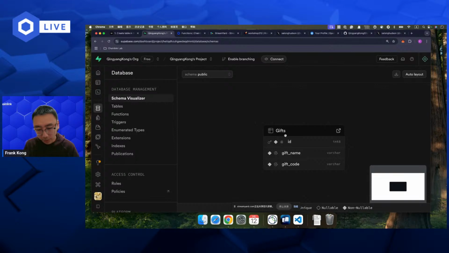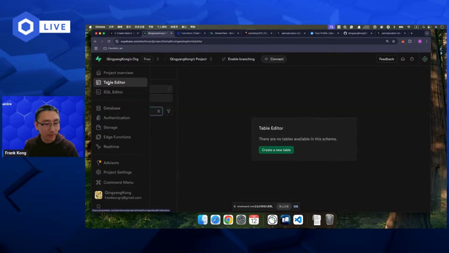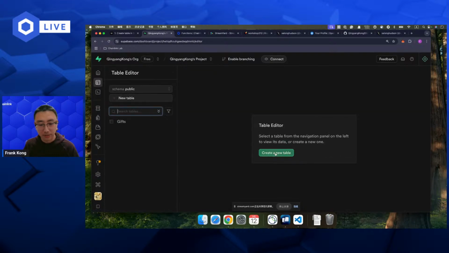If you are familiar with SQL, it is very easy to use. And if you have never used SQL, like select or update, you can still create your table in a UI, because it provides a SQL editor and a table editor. You can click this button to create a new table, and this table will be used in our workshop.